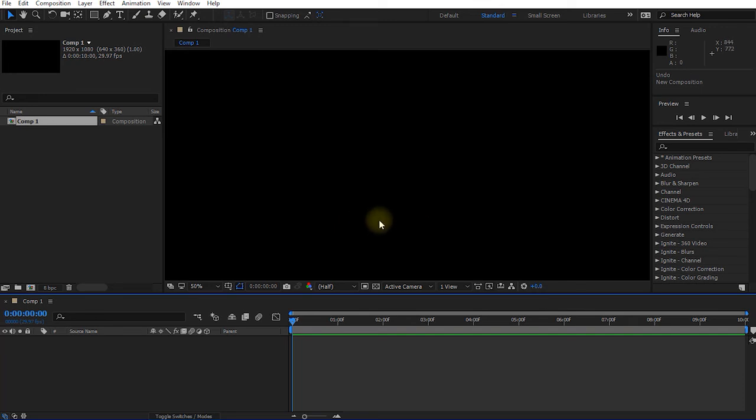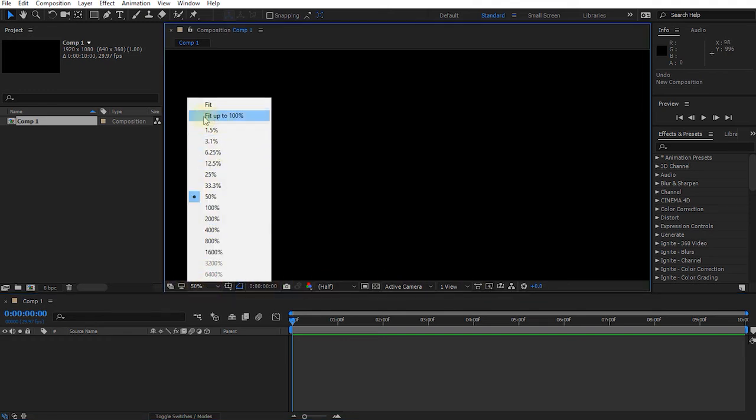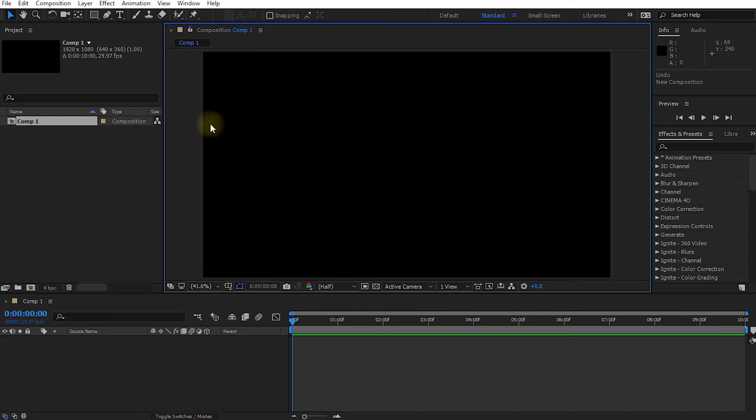That obviously brings me to the preview window, which should usually be sitting right in the middle of the interface. You can zoom in and out of this view by scrolling on your mouse wheel up or down. You also have a whole bunch of controls just below the preview window. Over on the left-hand side, for example, you can zoom in and out. So I can say fit up to 100%, which will fit the preview screen into my interface. And then there's a whole bunch of other controls, which you don't really need to worry about too much for now. We'll probably be touching on some of these throughout this course.